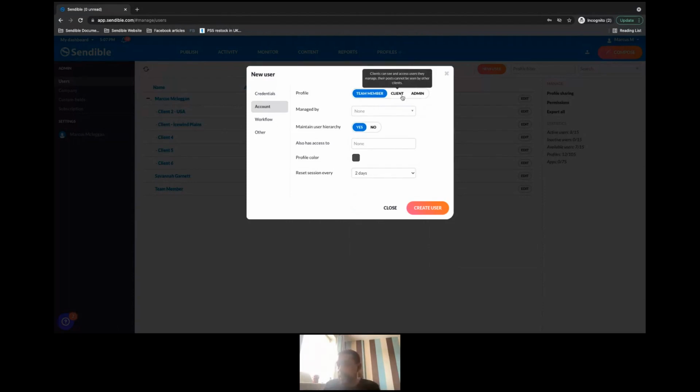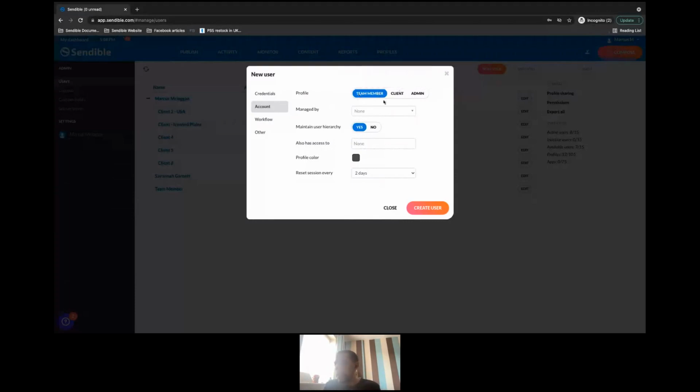So when a client logs in and they try to engage with the My Dashboard dropdown, they will only be able to see themselves. They won't see any sort of team members or anything like that. And a team member, as I spoke about before, is very similar to an admin. So they will be able to see all of the other people in their hierarchy, but they won't be able to manage users and they won't be able to view your subscription details.